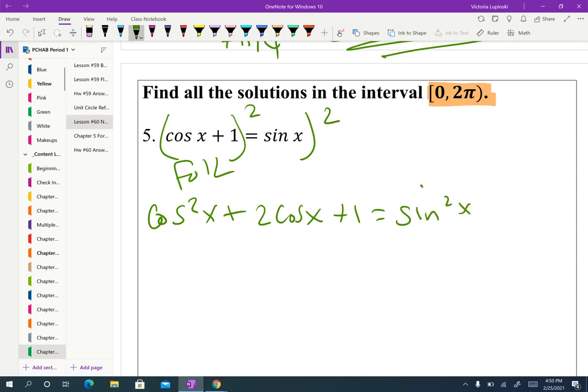squared. In the previous problem, it was up to you whether you went sines or cosines. In this problem, you really only have one choice. Because of the fact that you have this regular cosine, that means you have to turn everything into a cosine. So cosine squared,